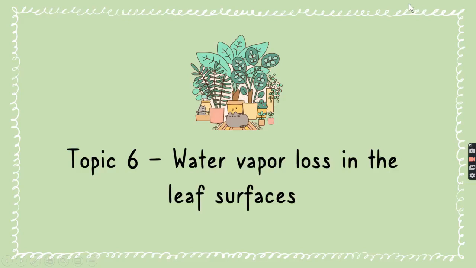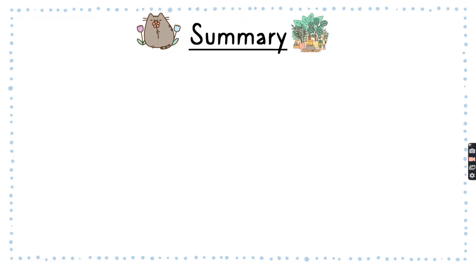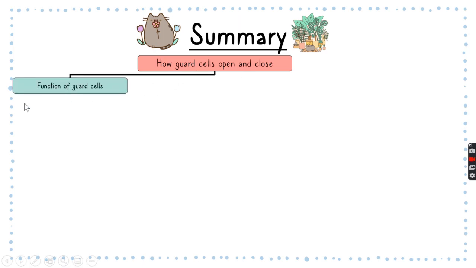Good morning, everyone. Welcome back to biology class, and today our topic is topic 6, water vapor loss in leaf surfaces. Before we get into this, let's do a summary of our previous lesson. So last time we talked about how guard cells open and close, and we first mentioned the main function